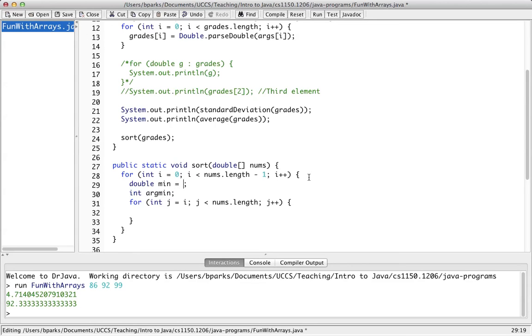So we can initialize min to nums I, initialize argmin to I, and then this loop only needs to check to see if any of the other elements are smaller than this first one. So we can change that to I plus 1. And in that case, if the ith element is the smallest element, the loop will go through, not find any smaller elements, and it won't make any changes to I. Otherwise, we'll have a new smallest element. Which means that inside this loop, if the current element that we're looking at is smaller than what we think the minimum is to this point,